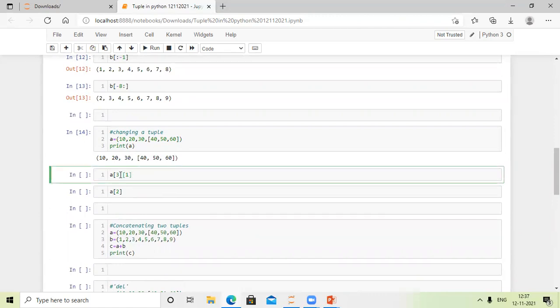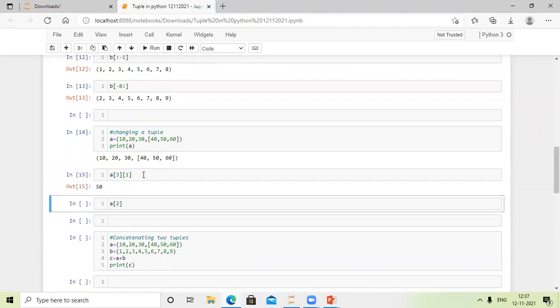A of 3. 3 means 0, 1, 2, 3. This whole list is considered as index 3. So in index 3, I need one element, one index. Here 0, 1. We'll check. Yes, 0, 1. Index 1 inside the list is 50. So I got 50.